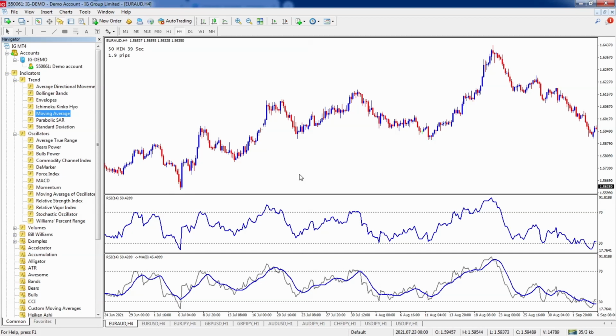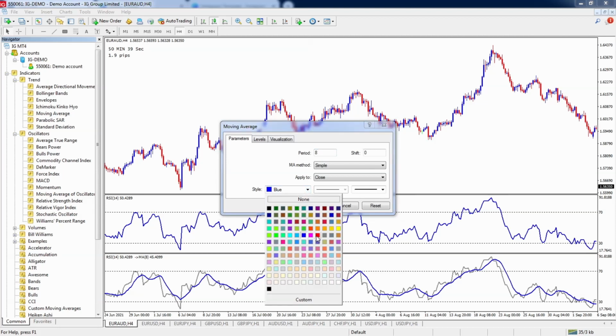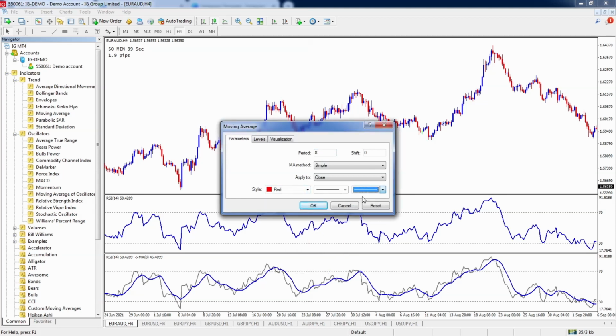So now I want to add a signal line. So I'm going to repeat this process with a different moving average. Back to the moving averages in the navigator window, drag and drop that also into the RSI window. And from here, the blue, I'm going to make red. I'm going to thin it out a little bit, make it thin, and I'm going to keep the settings the same. 8 period, simple moving average.